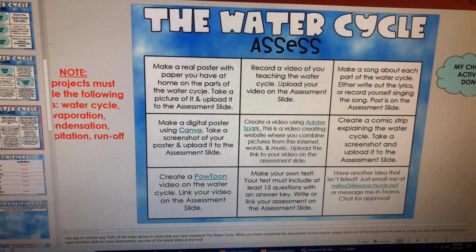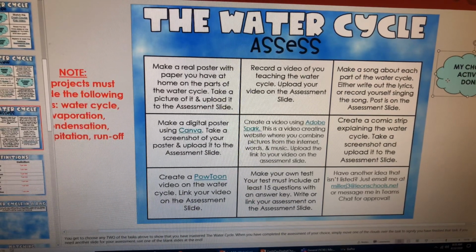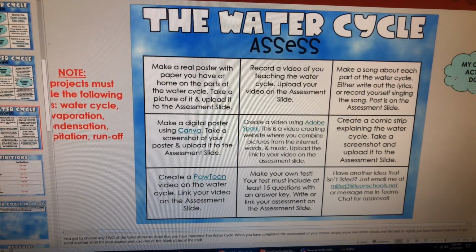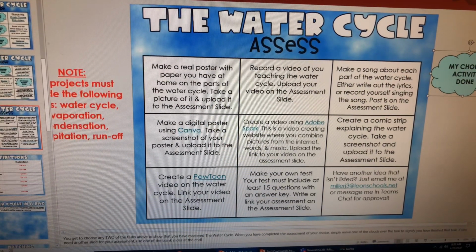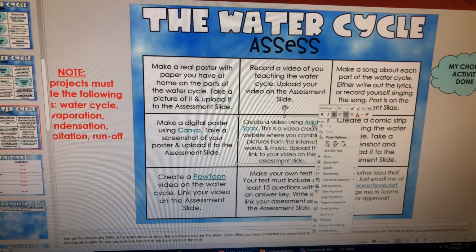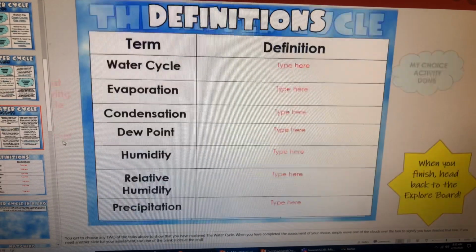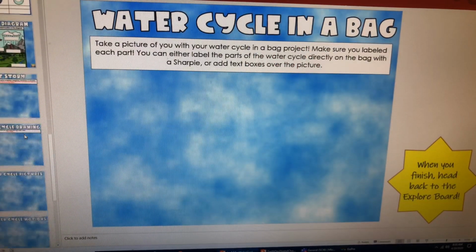So with your assessment, you get to choose any of these activities. And I'm going to actually have a couple more clouds that you can do for extra credit. But basically, you get to choose what your assessment part is. Again, if it's got the little blue hyperlink, you right click, open hyperlink. But if it asks you to upload it into the assessment side, once we get down a little further,